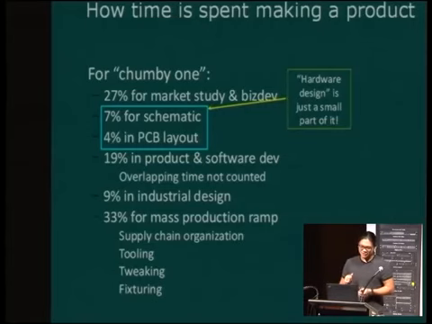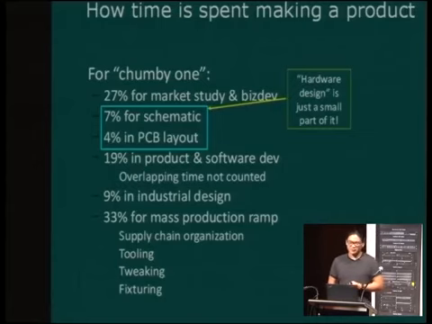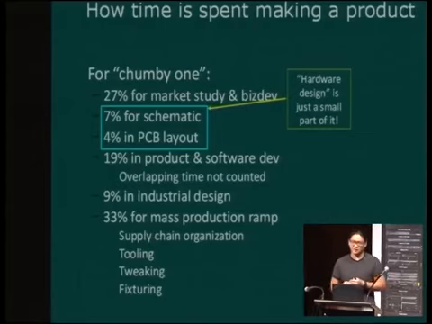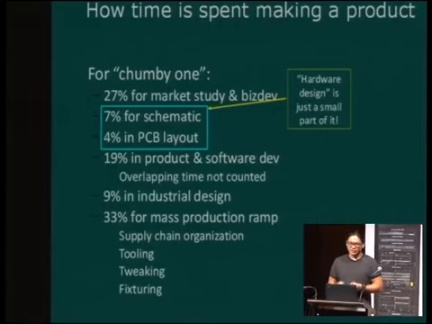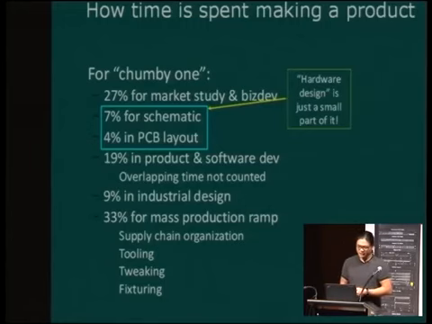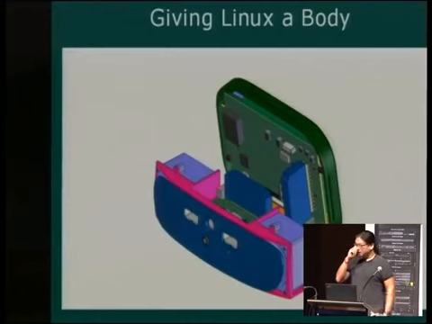About 10% was industrial design, and then about 33%, the majority of the time, is spent in mass production ramp, which is things like organizing the supply chain, talking to factories, doing tooling, tweaking, fixturing, all that sort of stuff, which is my latest obsession: trying to enable more people to be able to do that kind of thing. So I'll talk a little bit about the process of giving Linux a body, an actual shell,